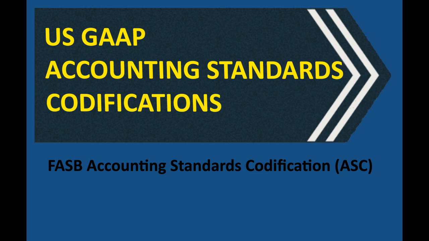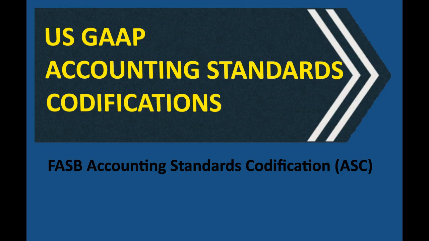Now, accounting standards, they're not set in stone, are they? They change over time. How does the codification keep up with all the new pronouncements? The ever-evolving world of accounting. New guidance comes out through what are called accounting standards updates, or ASUs for short. Basically, these ASUs are like amendments to the codification. Each ASU has a summary of the changes, the actual revisions to the codification's wording, and then the FASB's basis for conclusions, which explains the rationale for those changes. They're identified with a YYYY-XX format, like ASU 2024-15.